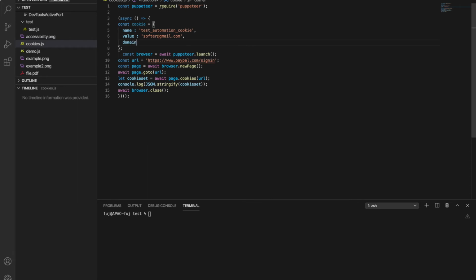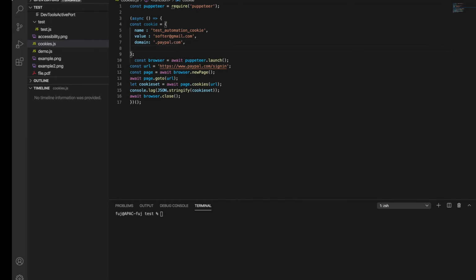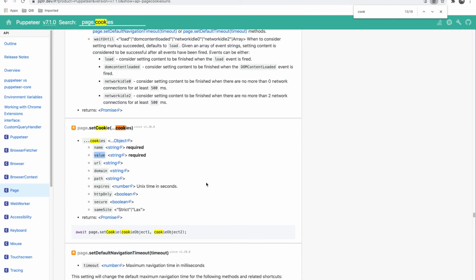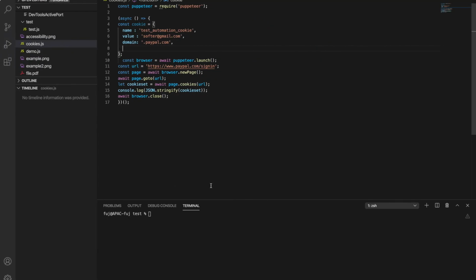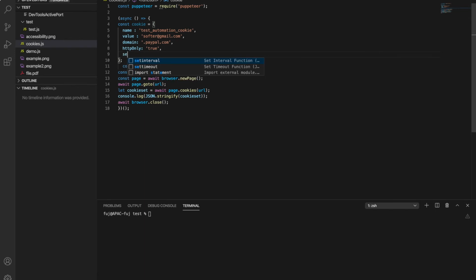URL we already know, so we can give the domain like .paypal.com, and we can set HTTP only as true, and secure, yes. So we have given this.